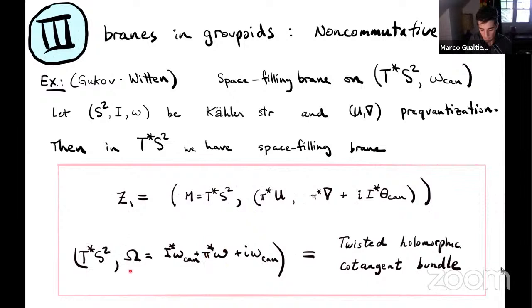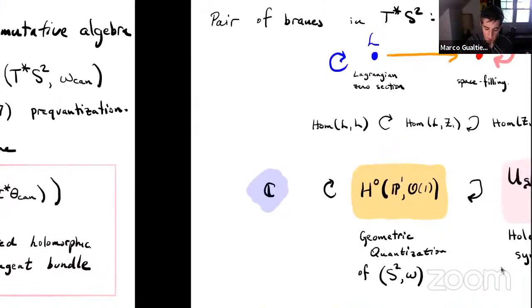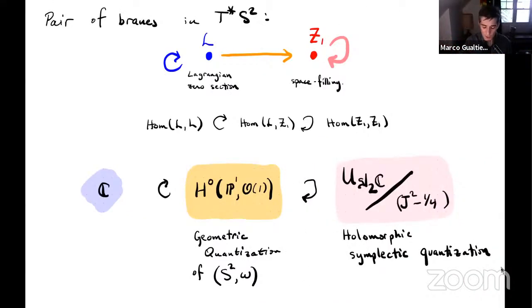So this symplectic form, this holomorphic symplectic form, is not the holomorphic cotangent bundle, but rather what's called the twisted holomorphic cotangent bundle. This is an affine holomorphic symplectic variety. It's just an affine quadric. Okay, and so as a result of this construction, we have not one, but two branes inside the cotangent bundle of S2. We have the space-filling brane that I just built, and we have the Lagrangian zero section, which no